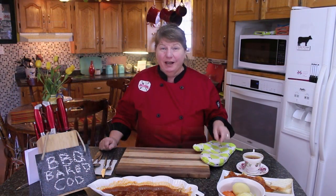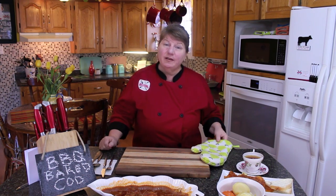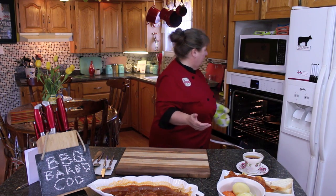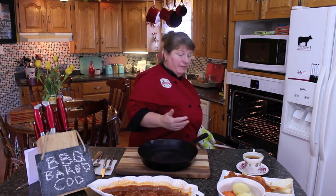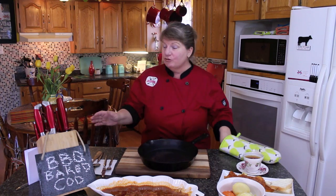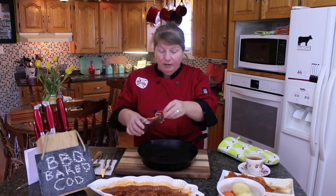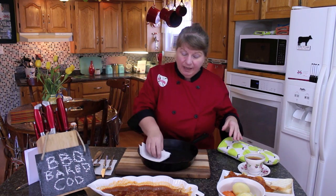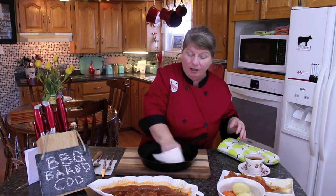So before you go, I want to give you one last tip on how to care for your cast iron frying pan. Right now I've washed it. I've put it in my oven after I've taken this delicious barbecued baked cod meal out. I washed it and I put it back in the oven to dry. Now it's totally dry. I'm going to drizzle a little tiny bit of oil on it. It doesn't have to be vegetable oil or olive oil or anything. Whatever oil you've got available. And then you just take a paper towel and just brush it all around the inside,